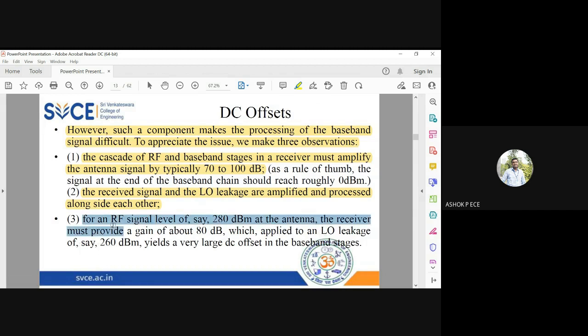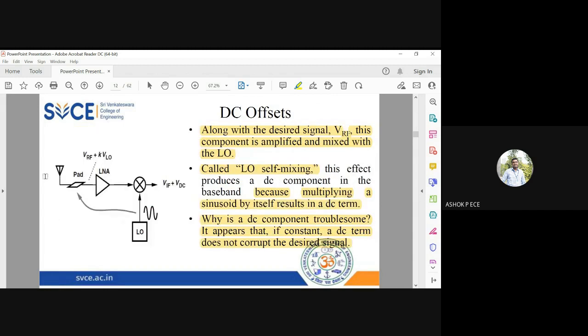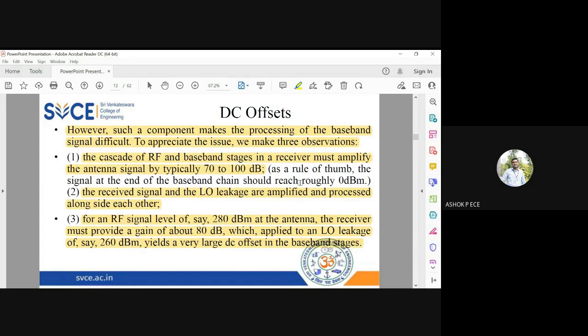What they say is that because of the unwanted DC addition by the system, everywhere the power levels are going to increase. So I am going to unwantedly amplify DC, I am going to unwantedly mix it, and I am going to have an unwanted DC signal at the receiver also. So this DC offset is